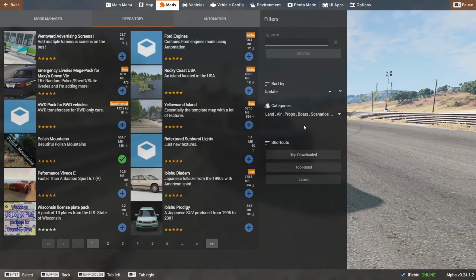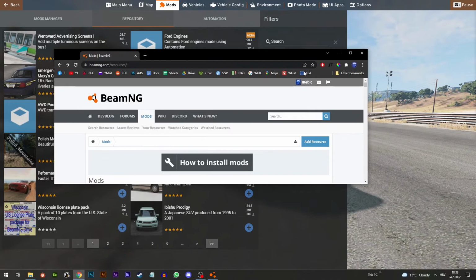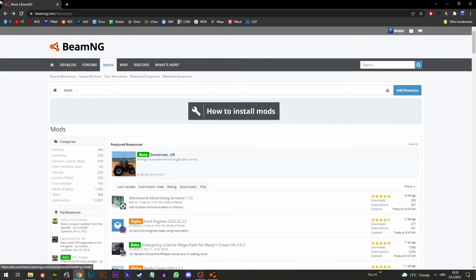Now this works only if you bought the game, and let's be real, we know some of you out there didn't even buy the game, which you definitely should. The repository is not the only way to download and install mods, because some mods are not in the repository. So you have those mods on the forums or on some other sites. You also have a version of the repository, I'll put this right here, on the internet,